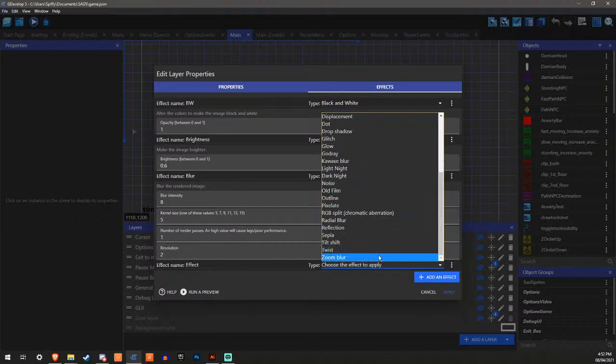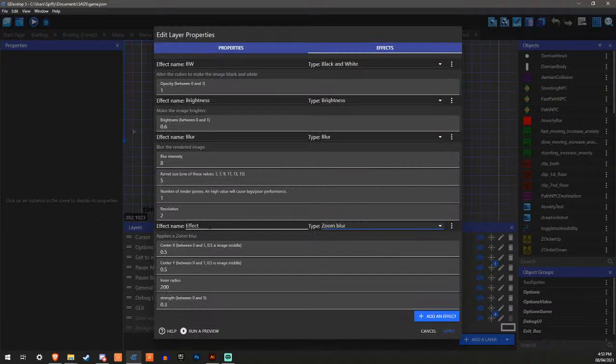What do I want? I want a zoom blur. Call this anxietal zoom. Anxietal zoom. Yes. That's the middle. Hello there.